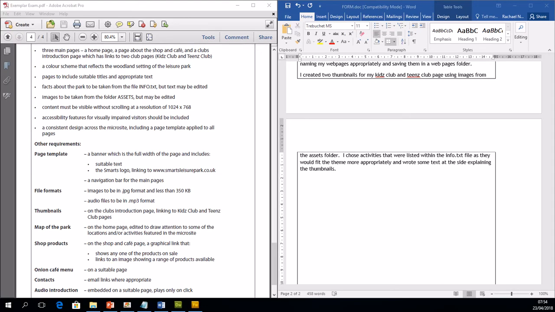So one thing I forgot to do in the last video was just update my evaluation for the thumbnail. I've just done a really quick version of this, just stating that I created 2 thumbnails, that I chose activities that were listed in the info file, because they were appropriate. Then I'm going to finally add, I amended the size of the images using Fireworks